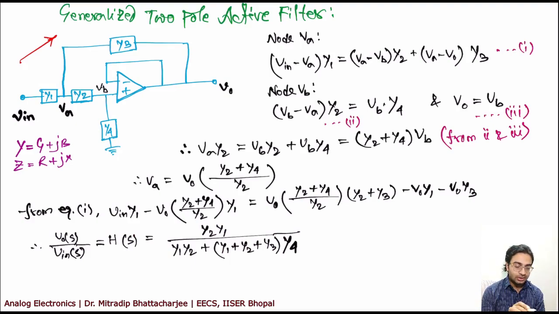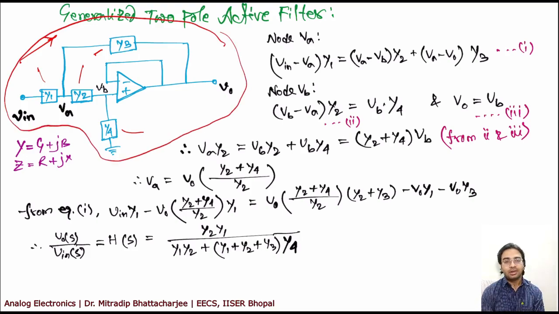So in this generalized two-pole active filter, you have y1, y2, y3, y4. This is the typical generalized network for a two-pole system. Now once you have something like this, you can call it a semi-custom. That means you just need to change the parameters y1, y2, y3, y4, and you will get whatever you want. So it's kind of, my structure is ready. Once a person comes and says that I need these values, then you can change y1, y2, y3, y4 and give him the filter, right?